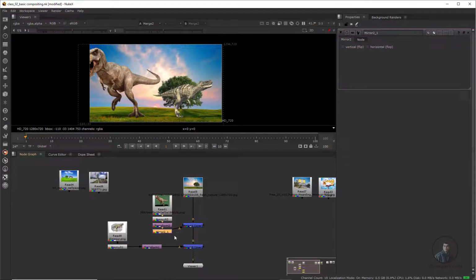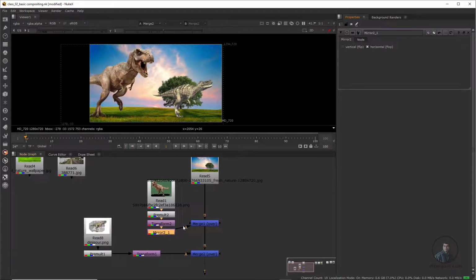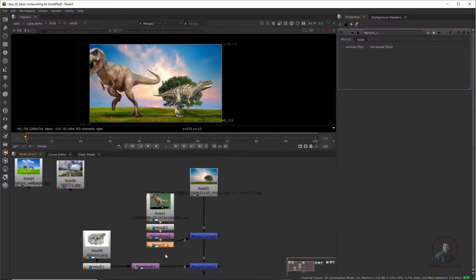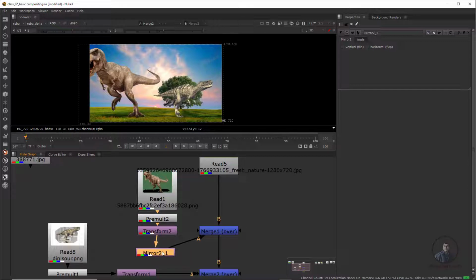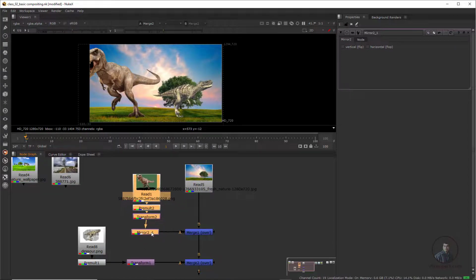Here I've connected it, and just double click here. From here you can flip vertical or horizontal. So connect it horizontal. Like this, as you can see, even vertical also. But remember this one, while you are using this mirror node, you have to use this mirror node before the transform node, otherwise sometimes this will create a problem. So here, how can we extract this node and connect it before this transform? Let me adjust it a little bit again so we can easily understand.